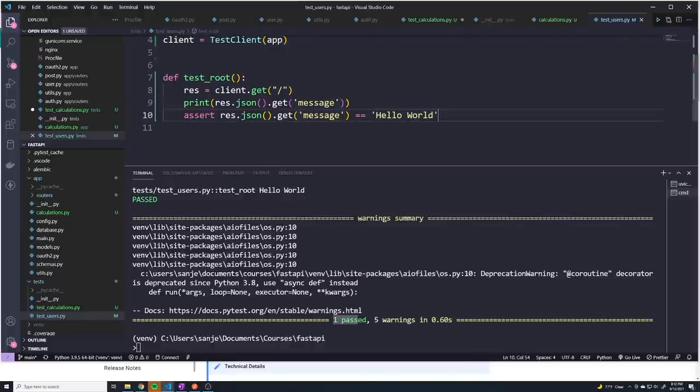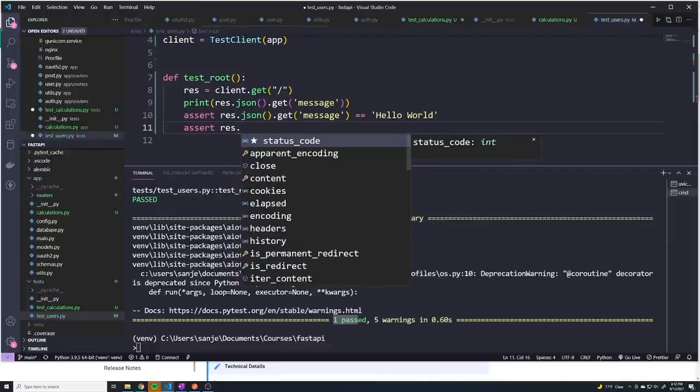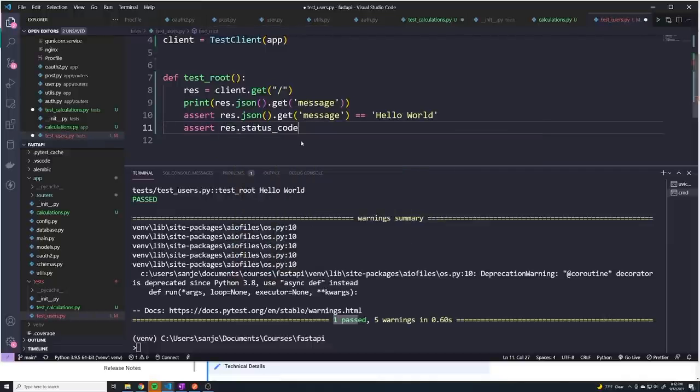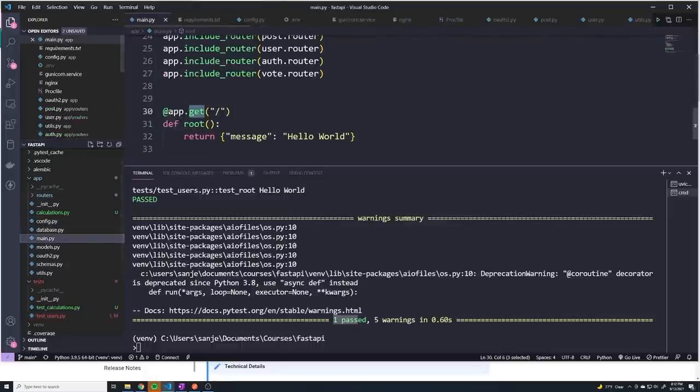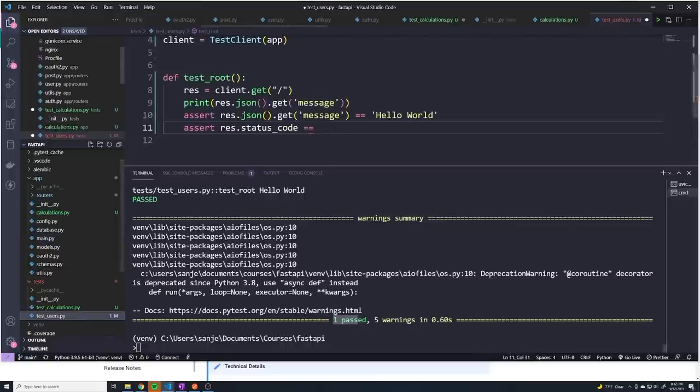And we can assert multiple things. It's not just one. We can do a second test case, and I can say res dot, and we can access a property called status code. It's even recommending that. So we can say, get me the status code. And I could say, well, I expect this to be a 200, because if we don't change what the default status code is, it's going to default to a value of 200 as per the FastAPI documentation. So this should be a 200. We shouldn't get any other values. So if I run this,